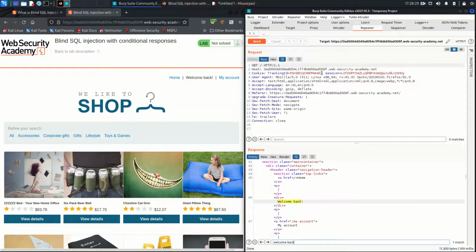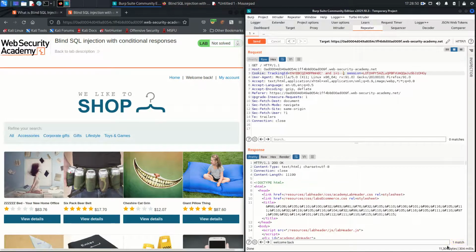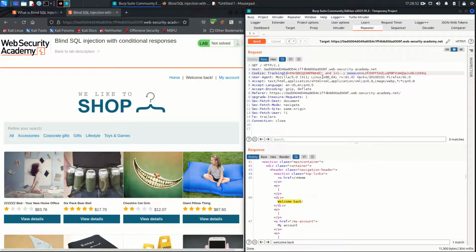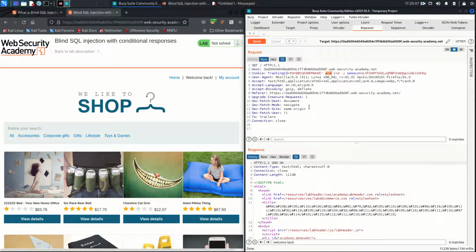Now we need to test the blind SQL injection. So I'm going to put here a single quote, then AND, let's say 1 is equal to 1, and comment with 2 dashes. Now send this request again, and as you can see, we have one match for the welcome back message here. Now if I say 1 equal to 2, which makes this condition wrong, and we are using the AND operator, that means the condition is wrong and we will not get the welcome back message, right? So that means this is vulnerable to